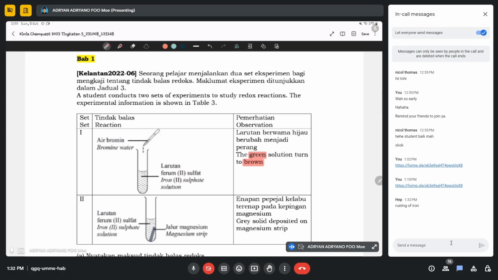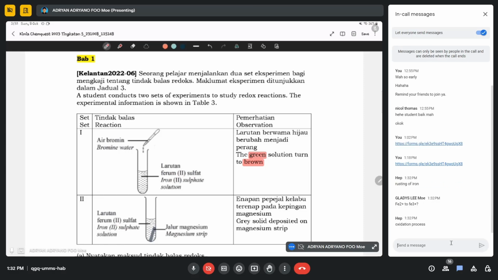Okay, one is that. 还有呢？现在我们不能讲 rusting，因为我们只是拿 bromine water 我们丢进去 iron 2 sulfate. 当它从青色变褐色，代表什么东西？Yes, very good. Oxidation. Fe2+ to Fe3+. 看到吗？